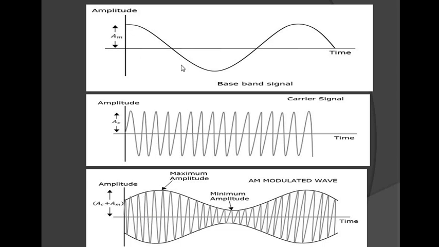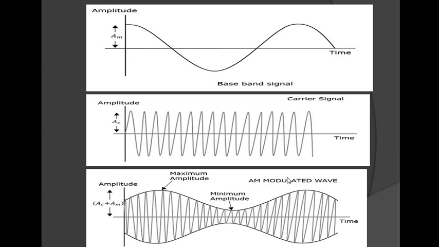Here is the amplitude of your message signal, this is your baseband signal, meaning the unmodulated signal. Modulation means you have to superimpose a higher frequency signal on your message signal. Here you are not doing that, so that is your normal message signal, correct? This is the message signal on which the carrier signal, your higher frequency signal, is superimposed. When both are modulated, this is the output signal that you get.